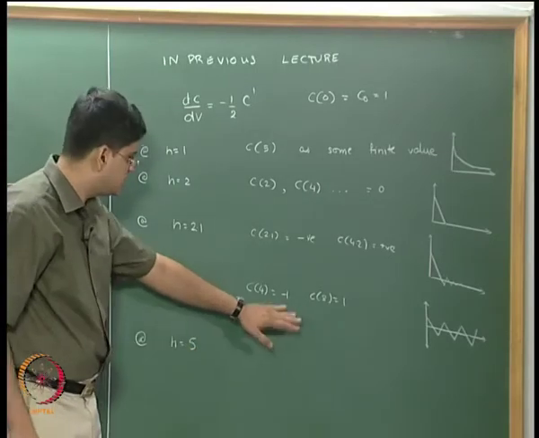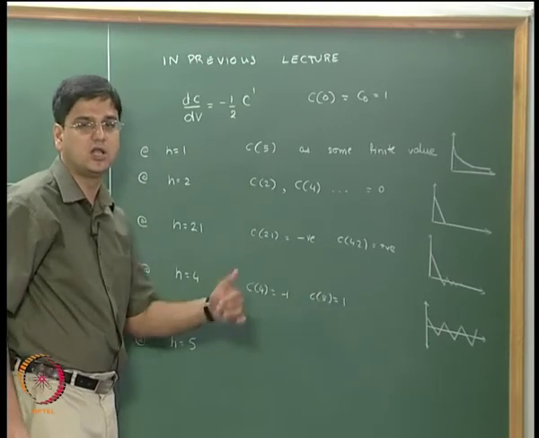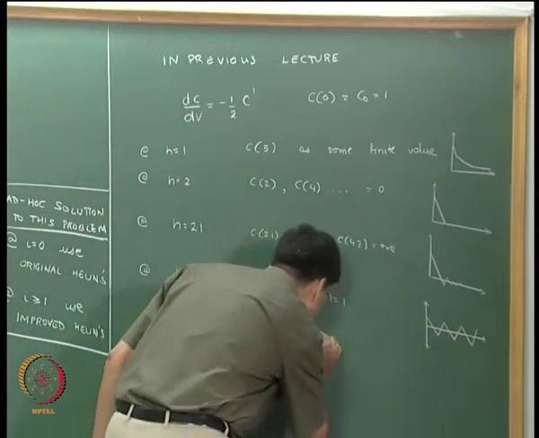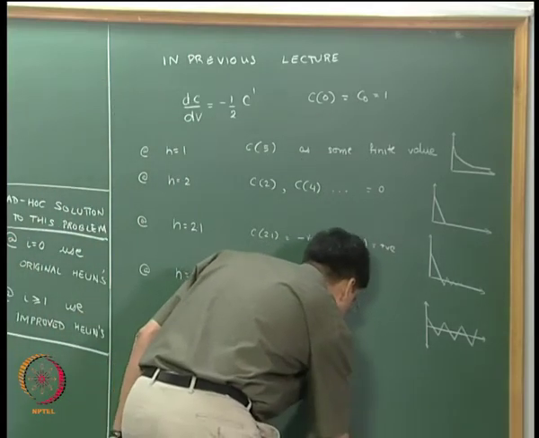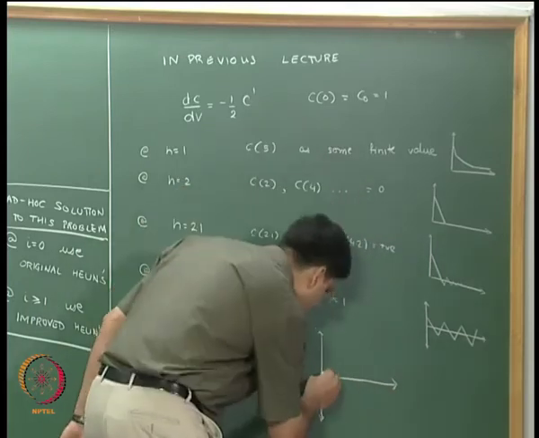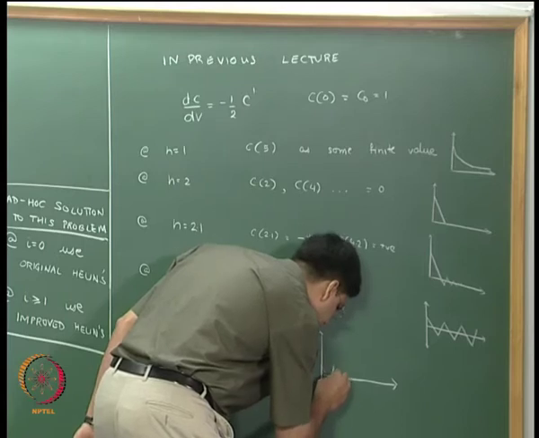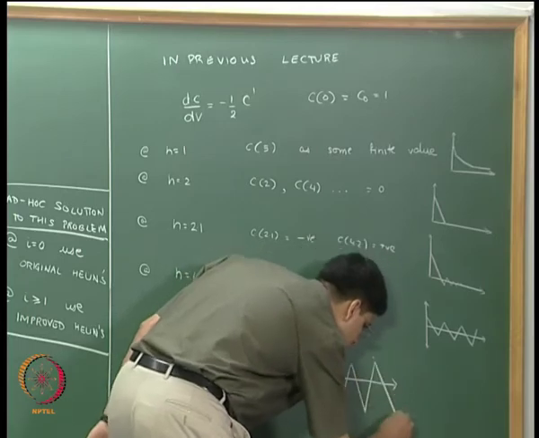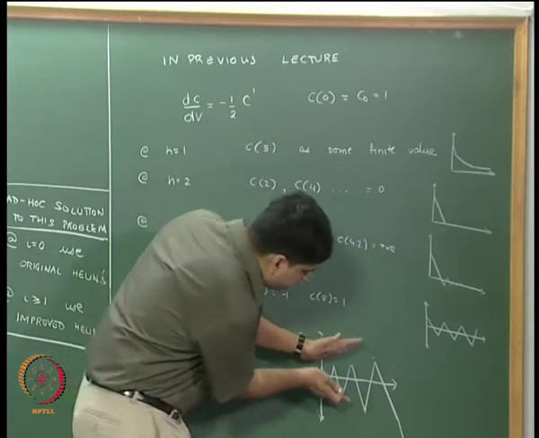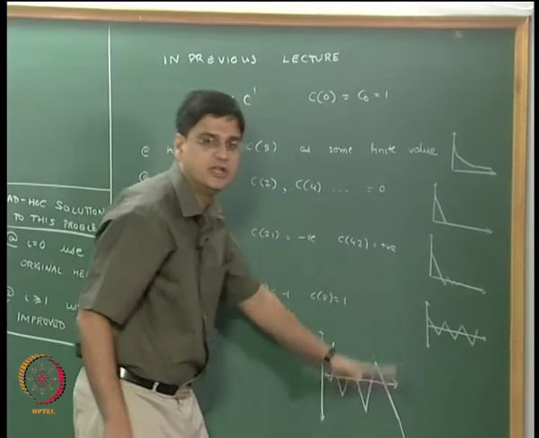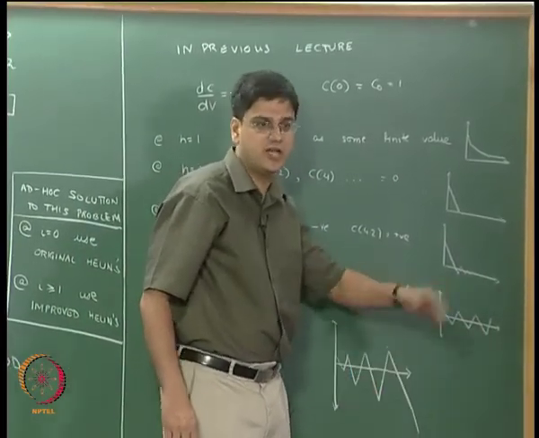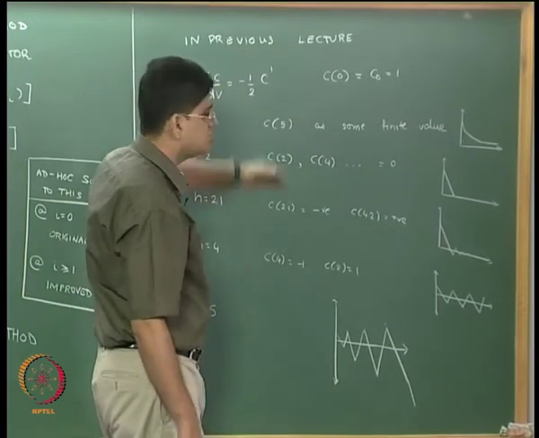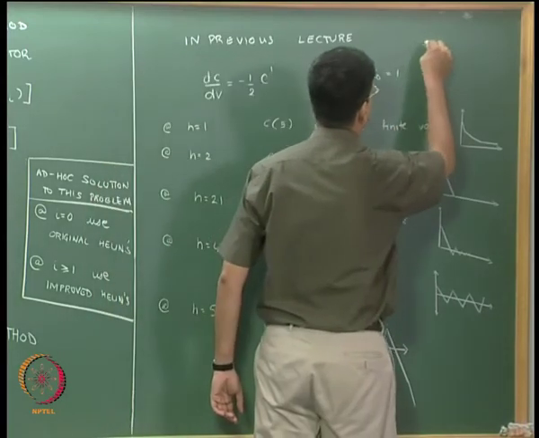what happened was that C5, C10, C20 and so on started increasing, and finally the concentration just blew up. So if we were to plot this for h equal to 5, we will actually see a plot of this type. What we see is that this keeps expanding, and we will reach either plus infinity or minus infinity alternately, as volume V tends to infinity. So this is what we saw with Euler's explicit method.